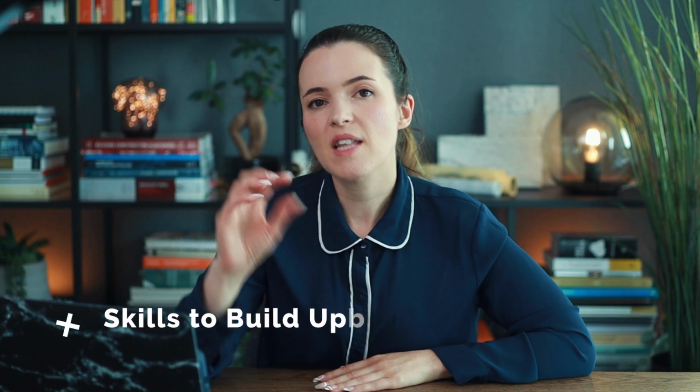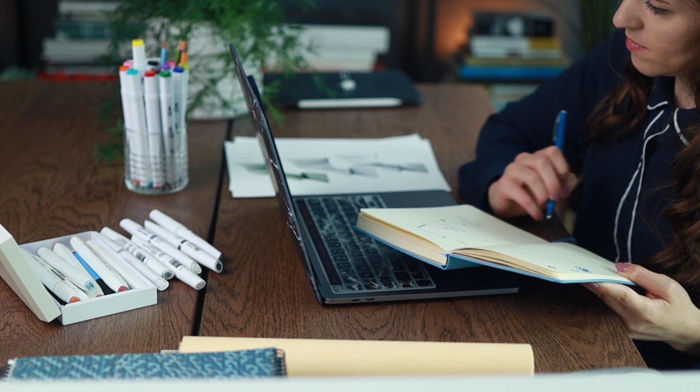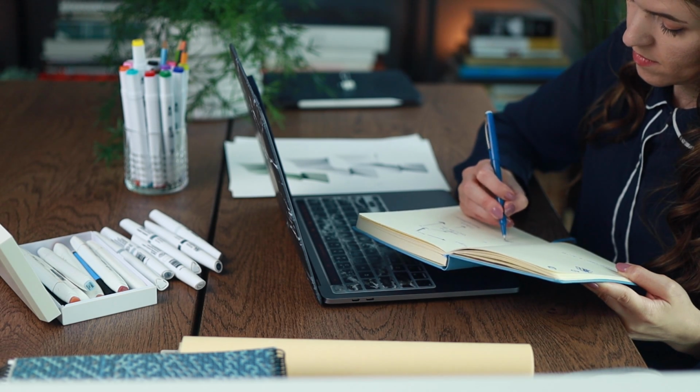And one of those skills that I'd really take some time to start to think about and to be very mindful of is your time management. Time management is so important once you start getting into architecture school. Start to think about your workflow, start to think of systems and ways to organize yourself once you get started